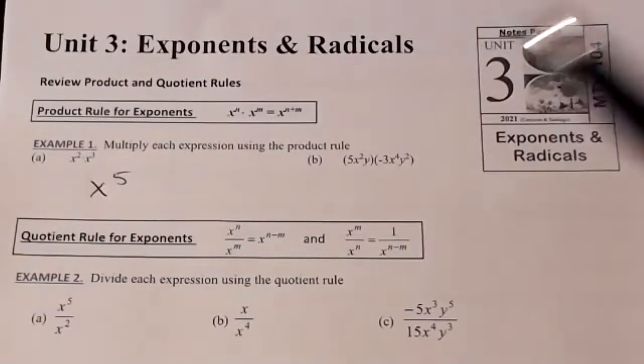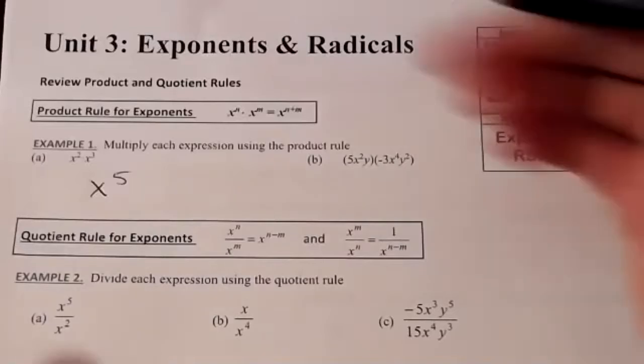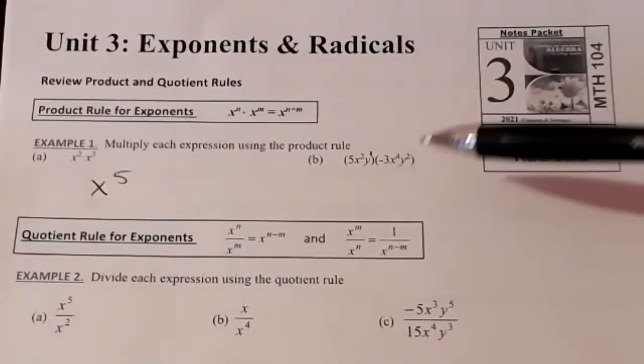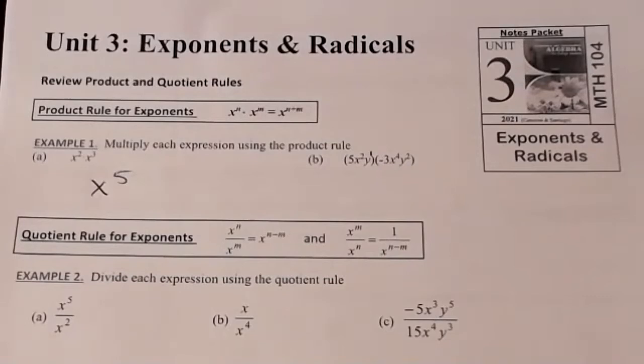Very nice. Next, we have 5x to the second y to the first times negative 3x to the fourth y to the second. Someone else, would you like to take part B? What does this become when you multiply? So not Phil, someone else. Okay, I'm going to call on you. Let's go with